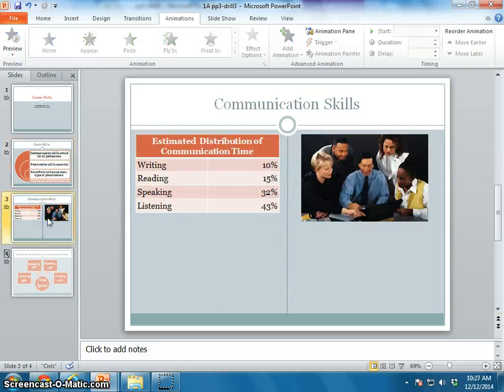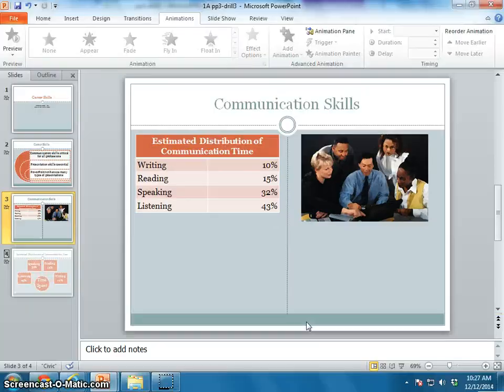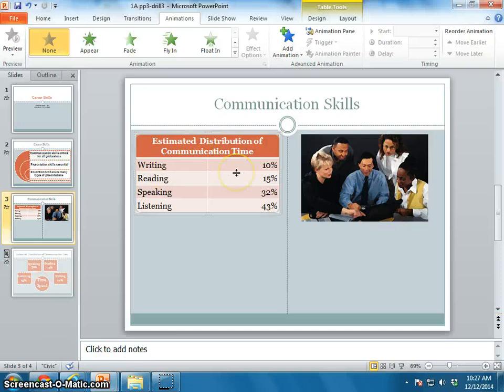We go over to slide 3, and direction 4 says on slide 3 select the table and then select the picture and apply the animation as one object. So essentially, let me show you what it looks like right now. If I was to do a view, and I'll go down here and I'll hit slideshow, and right now notice how that just presented all at once. So what they want us to do is click on the table,